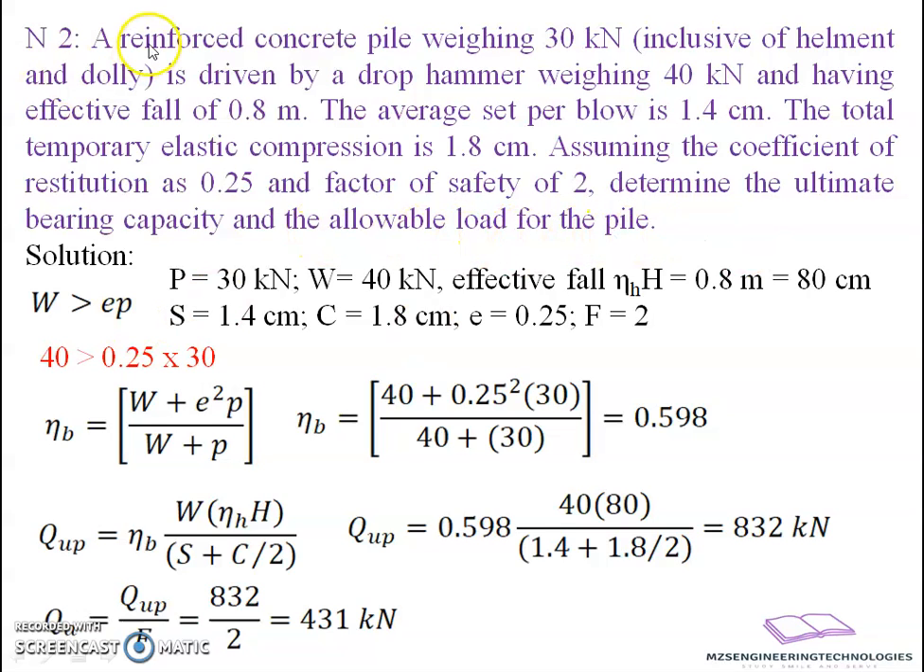So in this case, what he has said is a reinforced concrete pile having a self weight of 30 kilonewton, inclusive of all the arrangement required for shock absorption at the pile head, is driven with the help of a hammer weighing 40 kilonewton with an effective fall. Here the effective fall means it